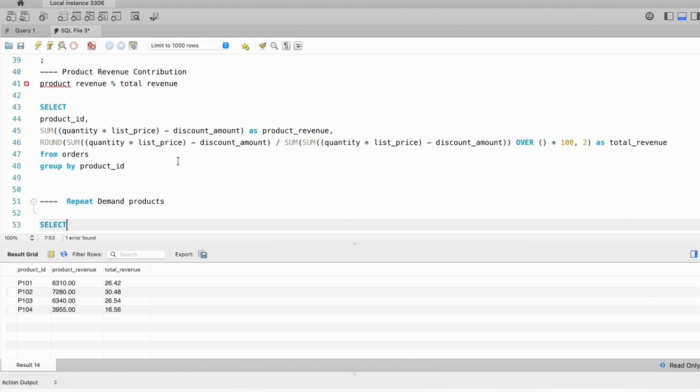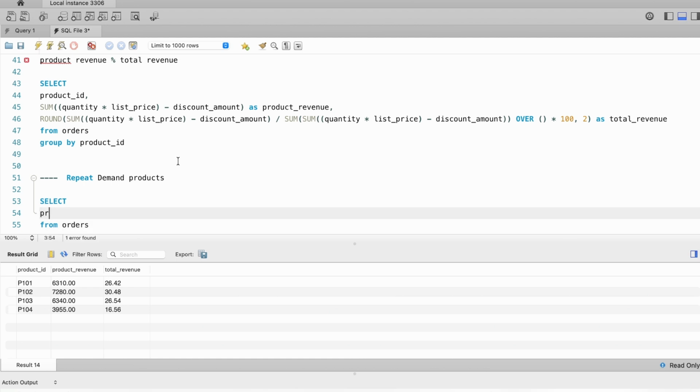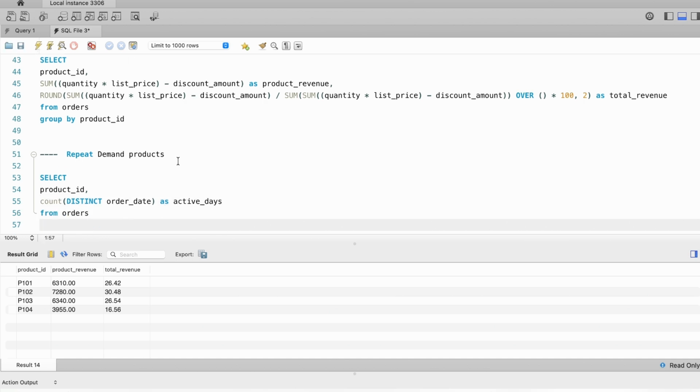Okay, select from orders, product ID, count of distinct order date as active days from orders, group by product ID